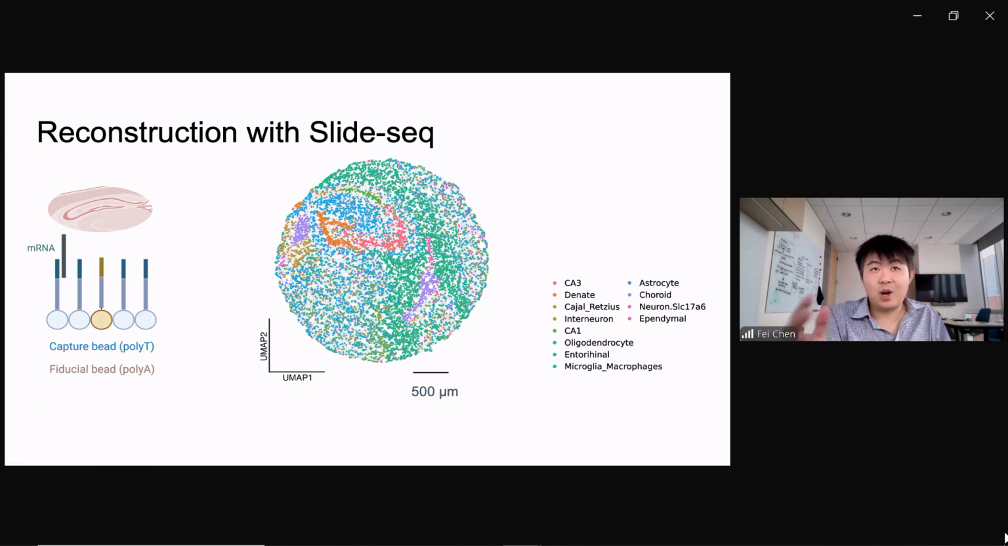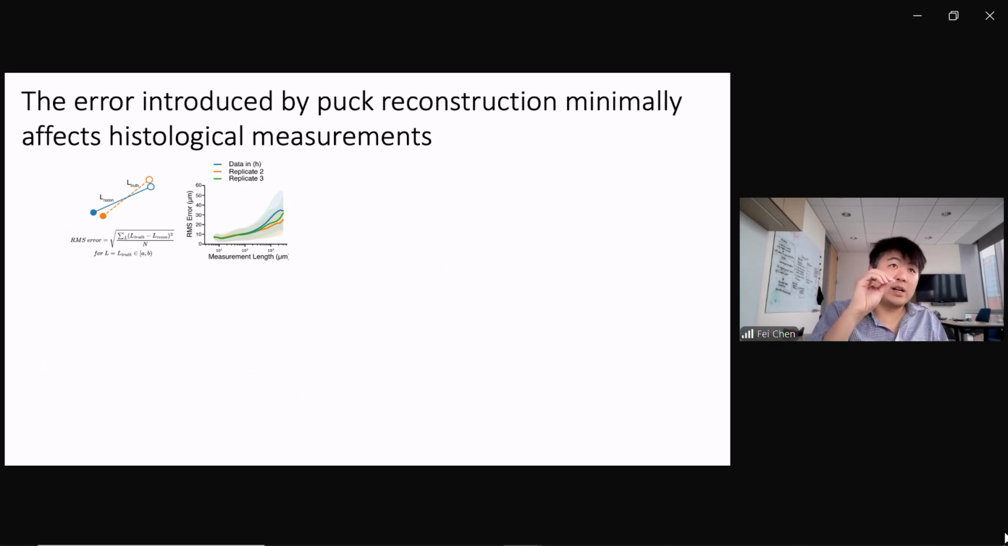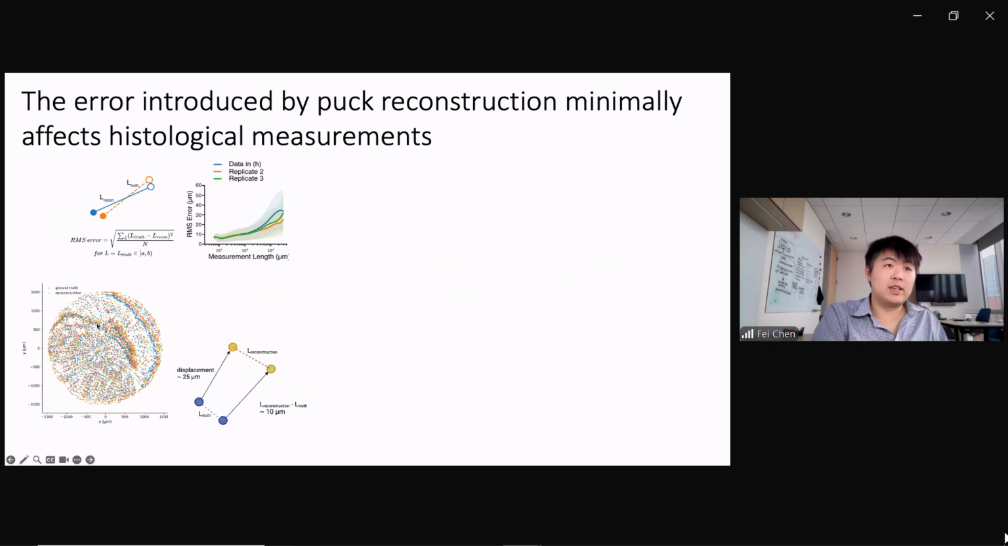By eye, it looks pretty reasonable. But how do we actually characterize the error? Well, we have the ground truth data, and we can measure for each bead where it was in the reconstruction versus the ground truth. But the measurement that we actually should care about is this: here's the ground truth and here's the reconstruction aligned together. And you can see that there's some deformation that's nonlinear,